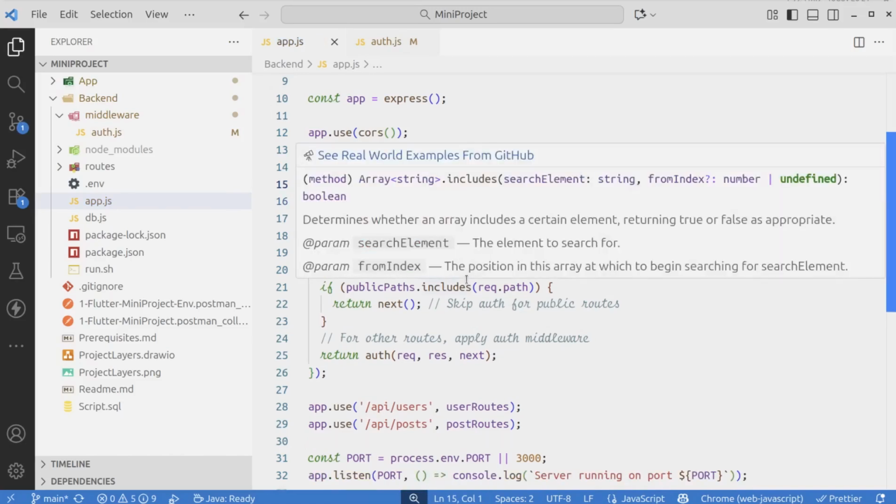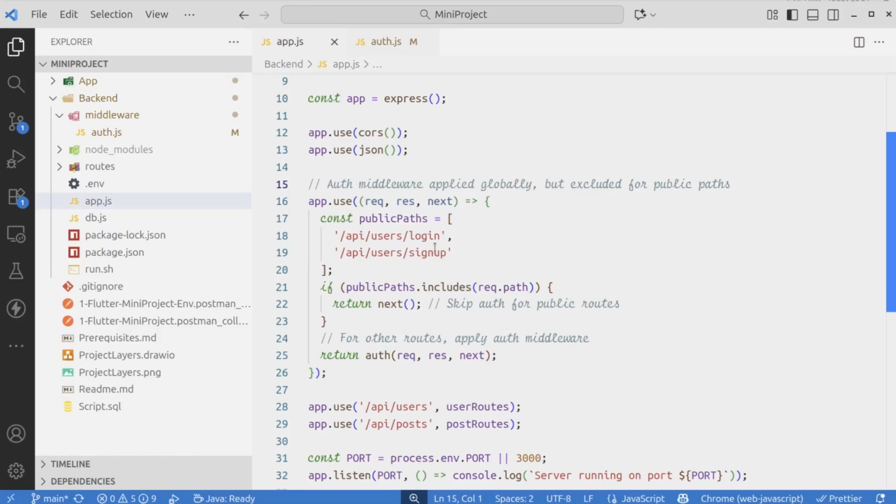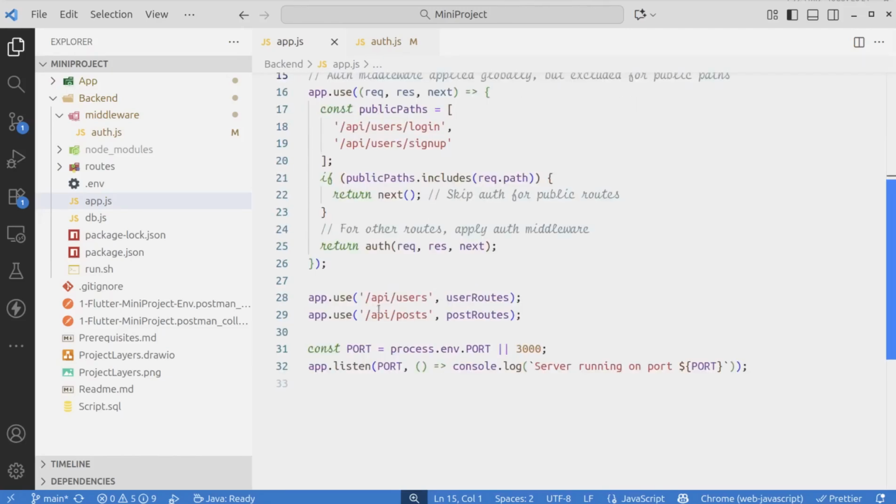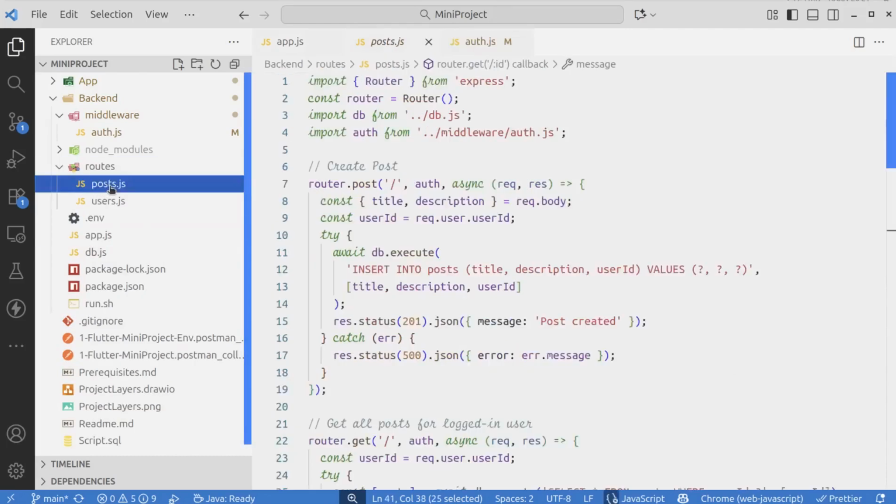And the rest of the things, I think you should be able to understand on your own, because if the path is targeting the API slash users, then the requests are forwarded to the user routes. If it is for API slash posts, requests are forwarded to the post routes. Now, when you look at the routes and understand the posts,